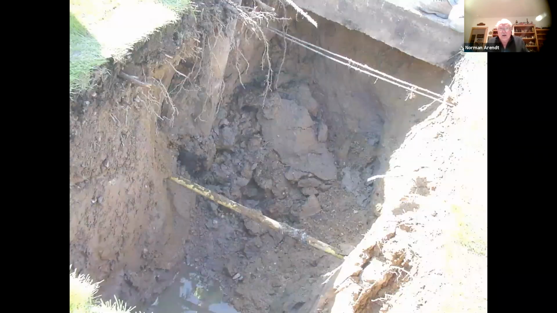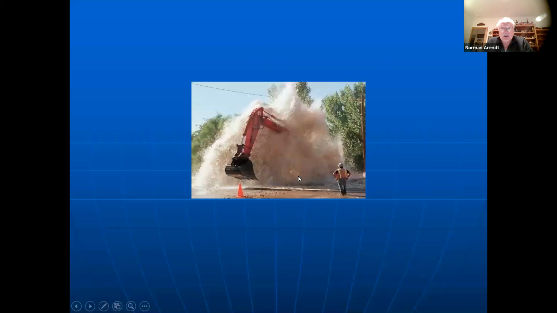If we look at just some pictures, I always like showing pictures. How many hazards do we see here? And where's the trench box? You can see a person standing on the edge of the curb over an excavated area that at any time could collapse. In fact, over here, there's actually a crack in the pavement. You've got electric lines, gas lines, water in the trench, lots of hazards, no trench box. What are they trying to do here? Could it be designed such that we don't have to worry about having an excavation like this?